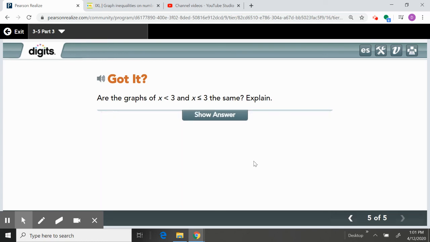All right, so that's the end of part 3. Hopefully that part of the lesson made sense to you. Any questions, let me know. Feel free to go through part 3 on your own in the digital lesson as a review. So you can click on the digital lesson and go through that part. But I went through it for you already, so you can go through it yourself and refer back to the video if you